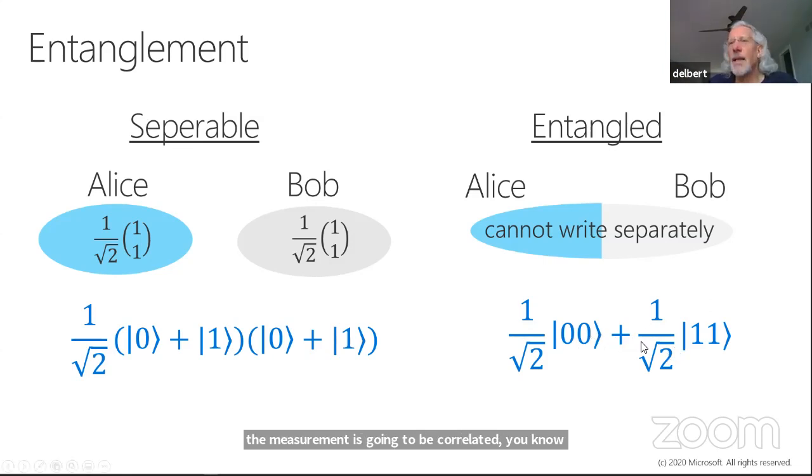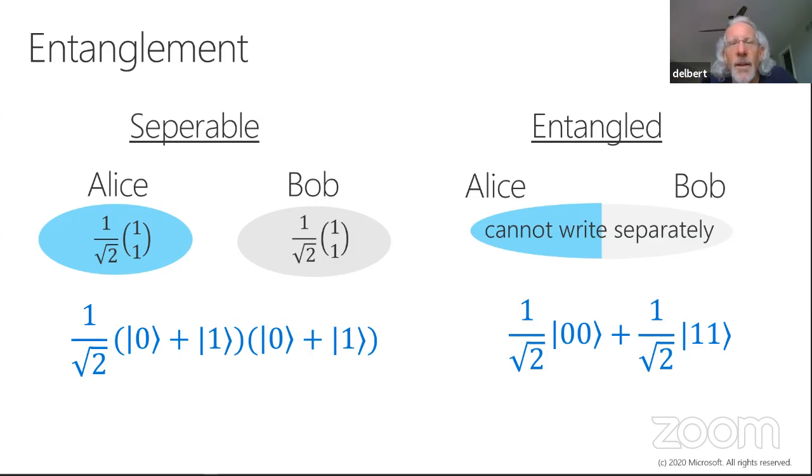And I think there are scientists now who have entangled photons and bounced one of the entangled photons off of a satellite. And at that particular distance, if you measure one, it's a 0. Well, that means the other one has to be a 1, and vice versa. Okay, so that particular spooky action at a distance, as Einstein called it, is another feature of quantum computing, and we use entanglement in quite a few algorithms as well.